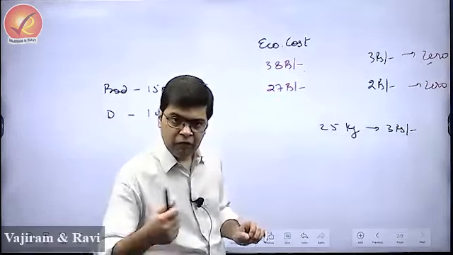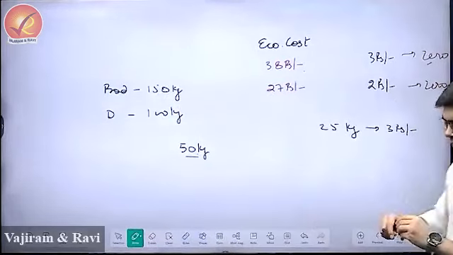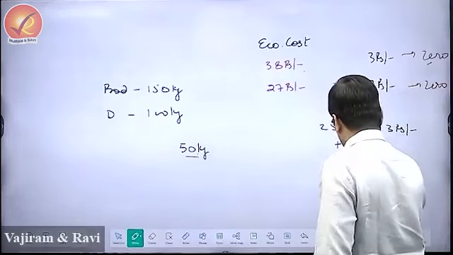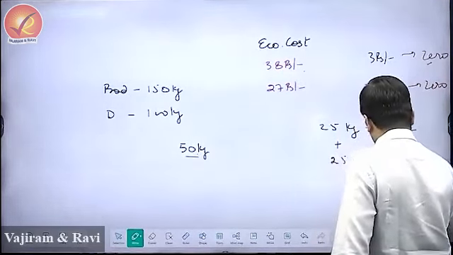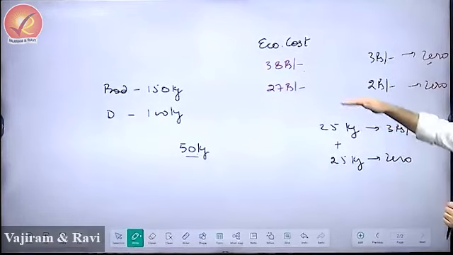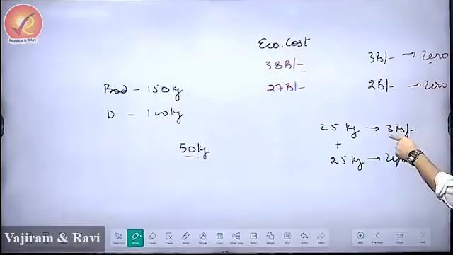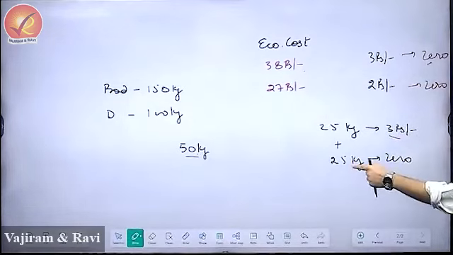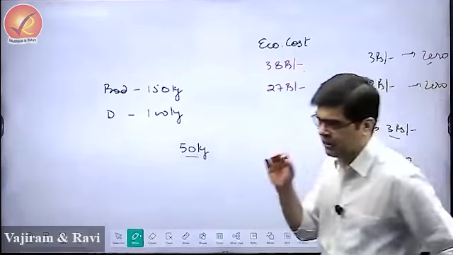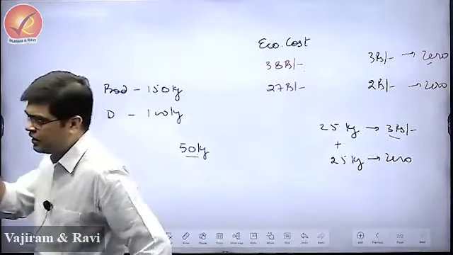The government said, other than this 25 kg that was given at 3 rupees, we will give you an additional 25 kg completely free of cost. That means you will get 50 kgs at the rate of just 50 rupees. That means this one at 2 or 3 rupees a kg and this other 25 kg completely free of cost. What was the reason? The government said it is the COVID pandemic. The government said that this is the time of pandemic.